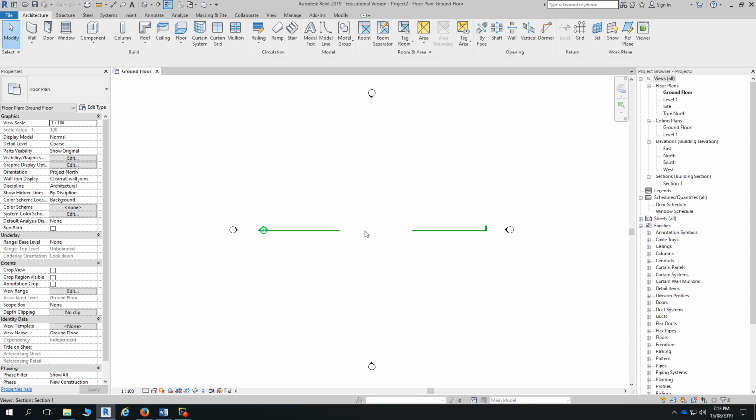So everyone got that downloaded and started a new project with the architectural template. So if you guys just want to go to the Insert tab,